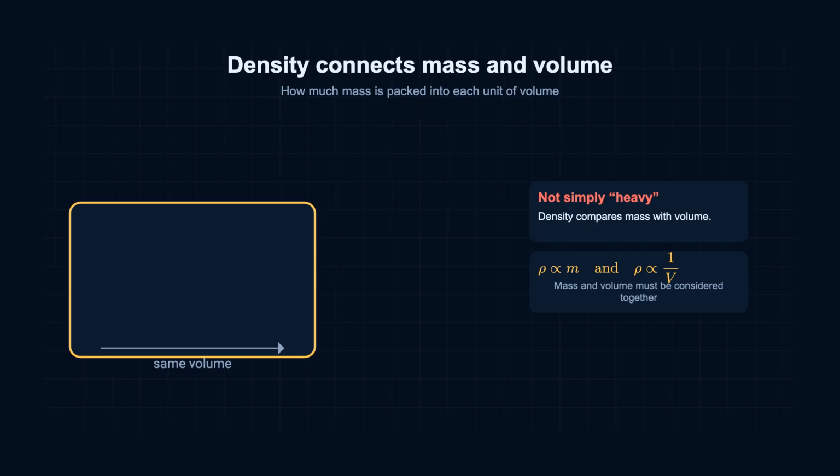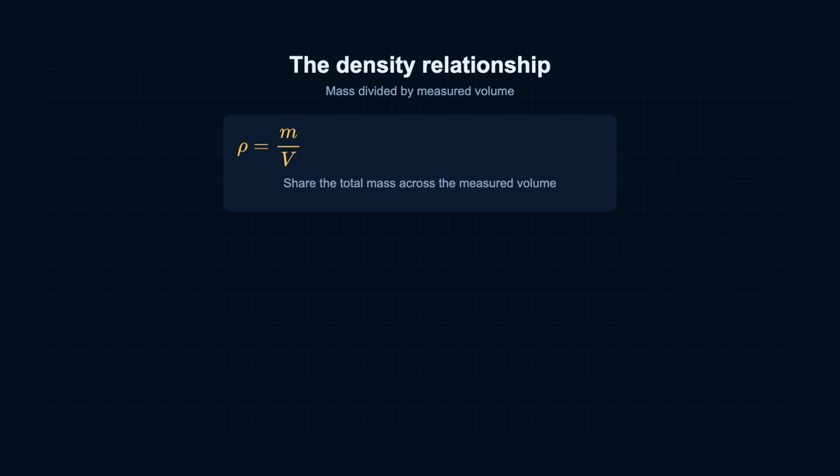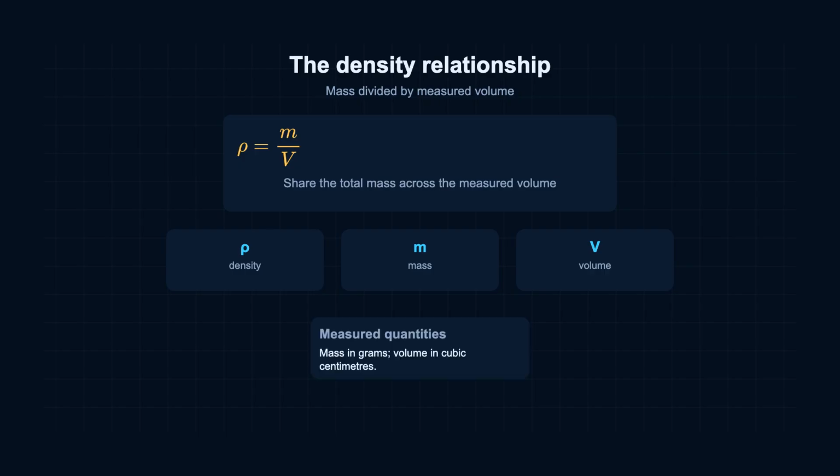It relates both quantities. We write the relationship as ρ equals m divided by V. The Greek letter ρ represents density, m represents mass, and capital V represents volume. Read the division as sharing the total mass across the measured volume. If mass is measured in grams and volume in cubic centimeters, density is measured in grams per cubic centimeter, written